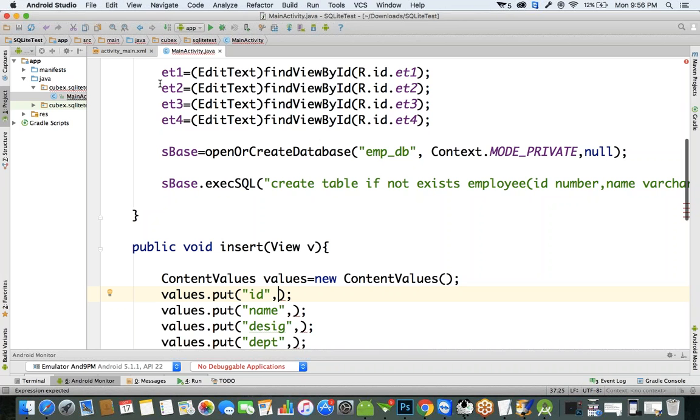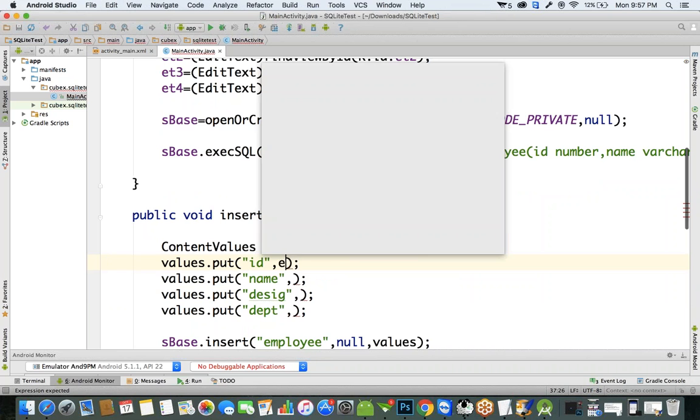We created 4 text boxes: edit text 1, edit text 2, edit text 3, and edit text 4. We want to get the data from those text boxes. So here,